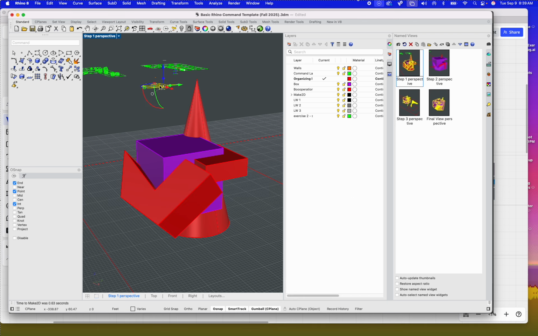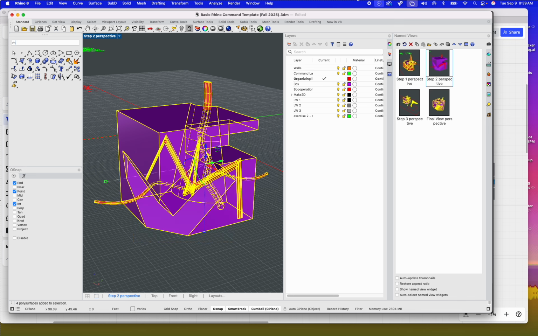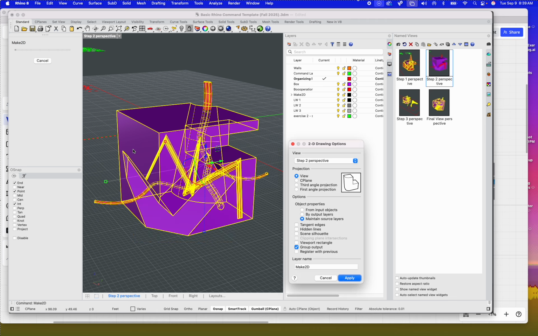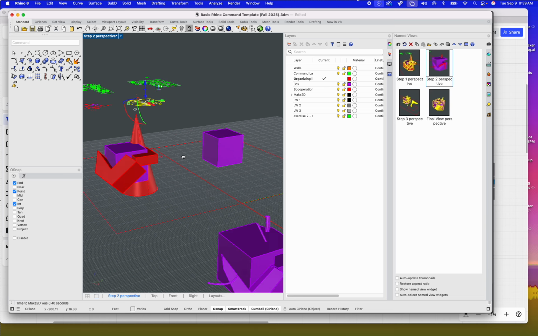So that's looking pretty good. And as you can see, it produced something over here. Very often I'll actually move it because I know that it's always going to make 2D in the same spot. So in order to keep myself a little bit more organized, I'll make multiple spots. Step 2, same thing. Take it, make 2D. And usually by default,